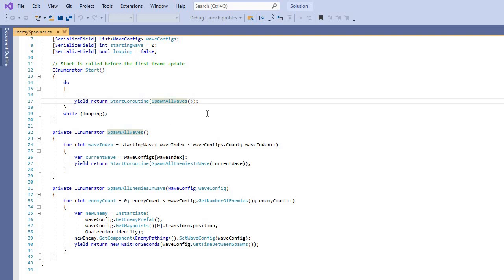But the coroutine is when we're going to spawn all waves. That means all the waves that we had set up in there, all those paths, all those waves that we set up for all of them to spawn in. They'll start spawning the waves. So while looping, it's going to keep looping so that it constantly continues until the player dies. All right, so for the spawn all waves,